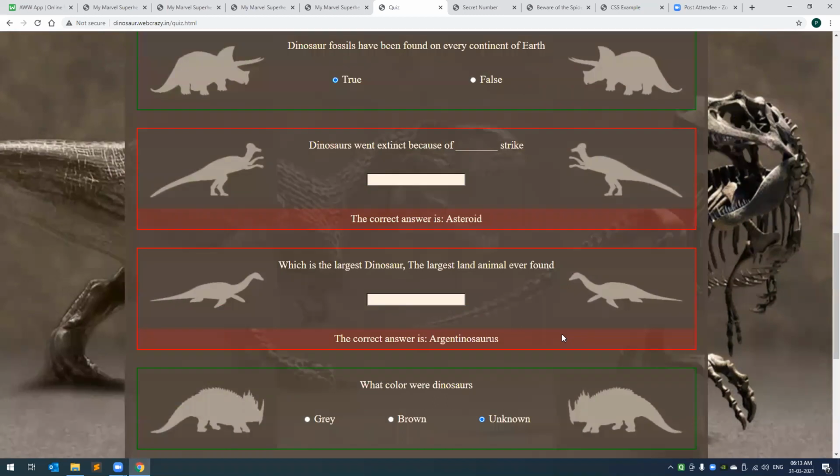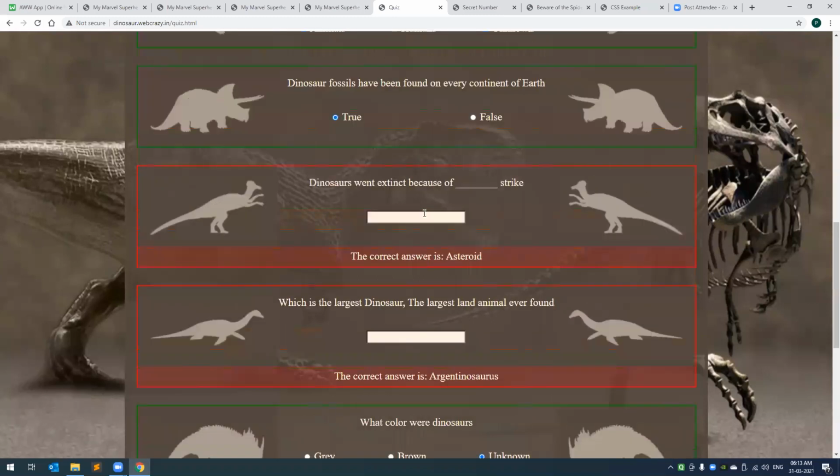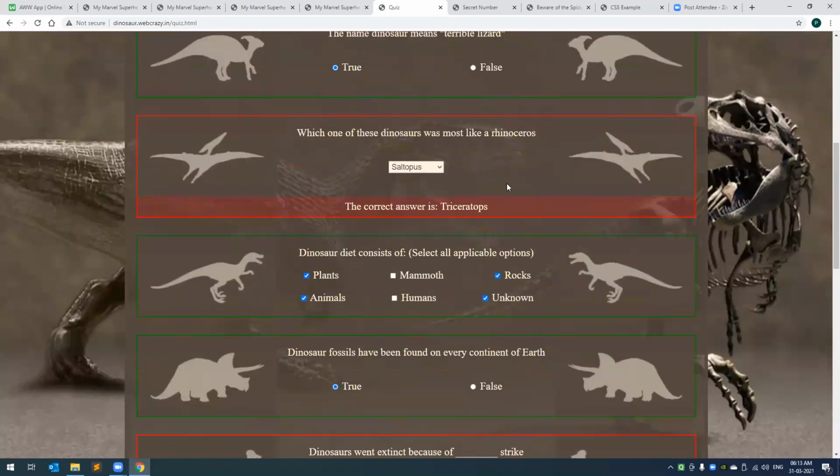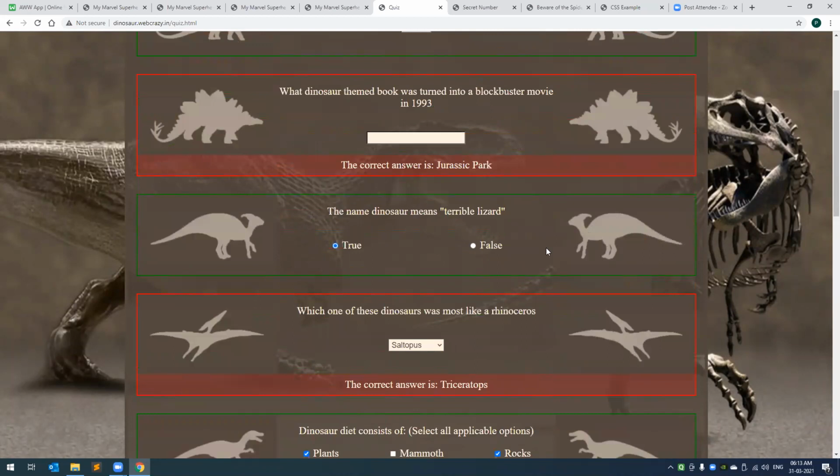Like I told you, we will learn forms, we will learn audio, video, we will learn different CSS styles. In this project, we will be working on a lot of different CSS styles. As you can see, we have many images, we have placements. Can you see these are all evenly placed, right? So we will learn how to do all of that in this project. All right. So this is our second project.